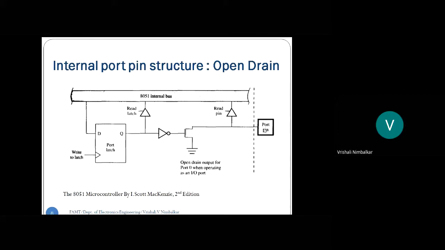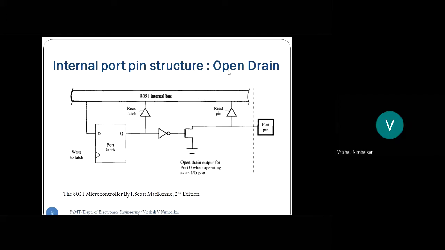In fact, the pin is floating. See here, there is no connection to the ground and the pin is floating. So that is called an open drain port. So the pin is floating, and we don't have a correct voltage at the pin. I should have got logic 1, but I don't get it because of this open drain. Is that okay? So then what do we do?